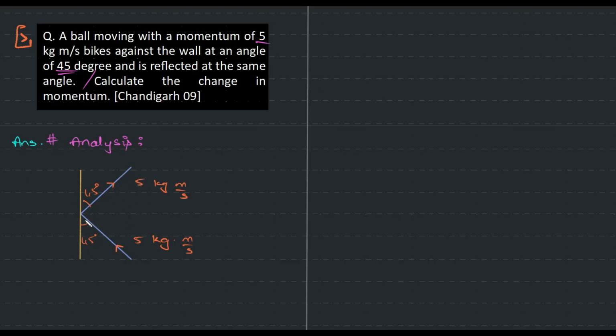Now we are trying to figure out what is the change in momentum. For this we need to resolve the vectors. If I consider up and right as positive, then we have, say, this line. Along this line what happens, and along this line what happens, is the question. I'll go the lengthy version, that is, I'll take part by part, break it down and show it to you guys. So first we'll talk about